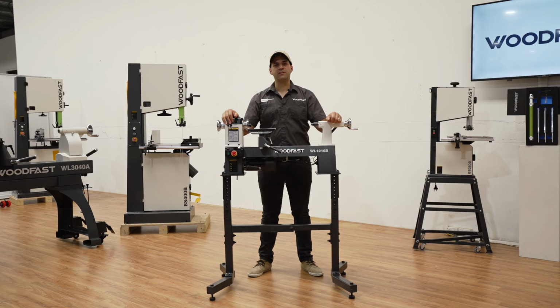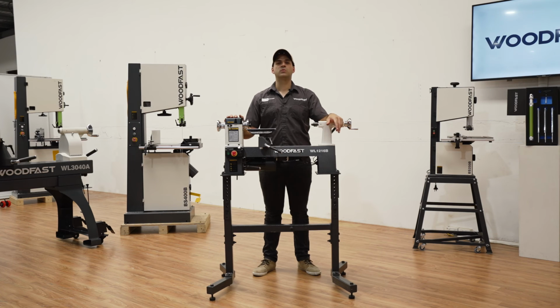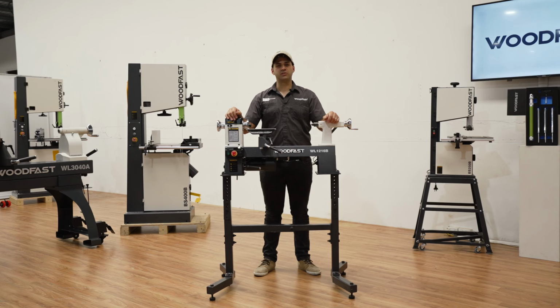If you want a sturdy and versatile mini wood lathe, then check out the Woodfast W1216B. This lathe is perfect for educators, enthusiasts and pro woodworking alike, offering reliable, high performance wood turning at an